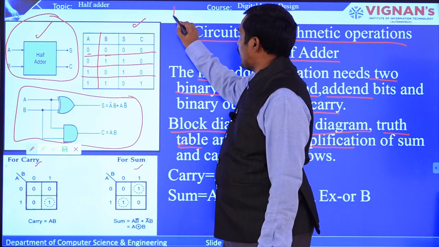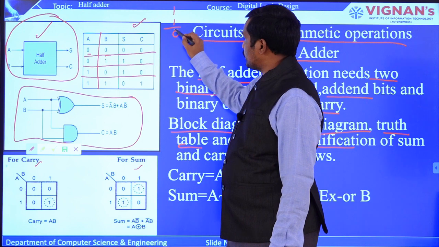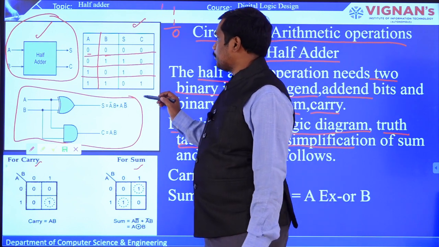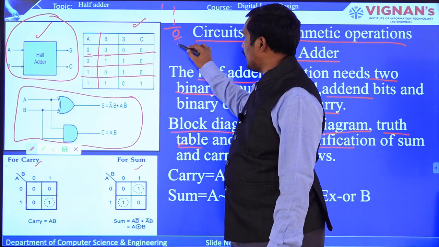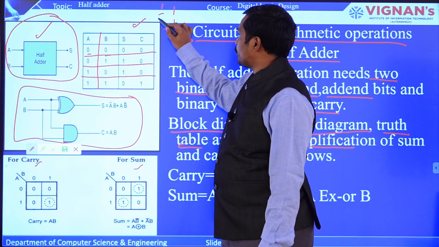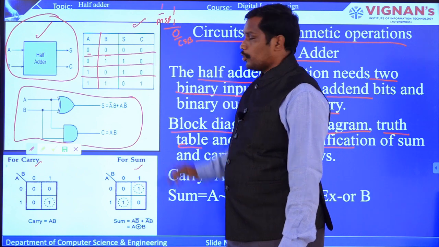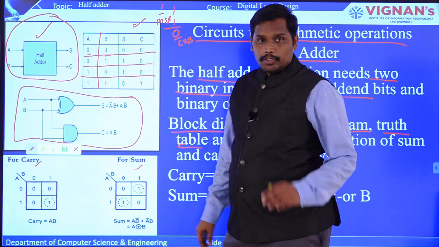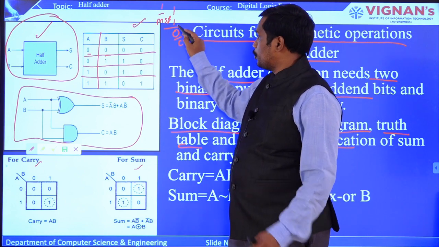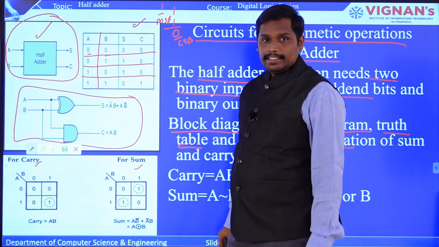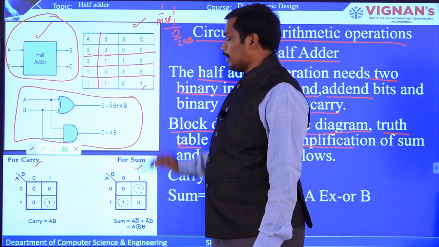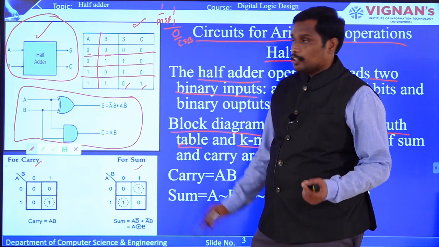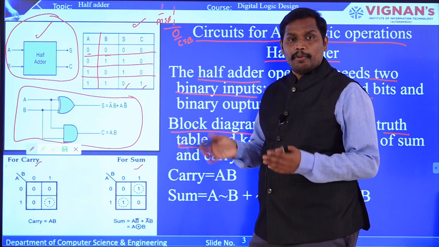So for example, you add 1 plus 1, you will get 0 as an output and carry will be forwarded, right? Something like you can say that this is the LSB, least significant bit, and this one you can consider as MSB. So sum will be in the LSB, and then the MSB is carry. So you understood how you got 1 plus 1 equal to 0 as sum and carry as 1. This is the MSB and this is the LSB. Now we understood how the truth table is constructed for a half adder. So these are the possible 4 operations that can be performed on a half adder.